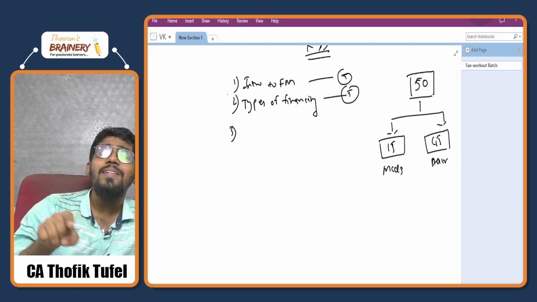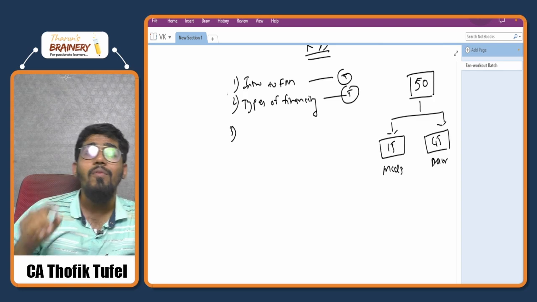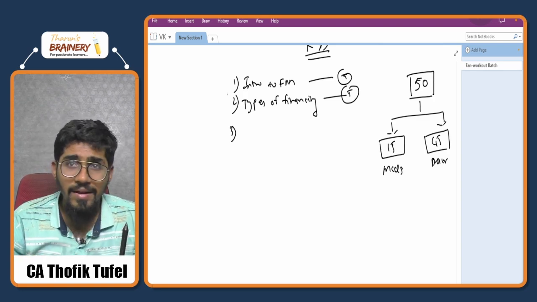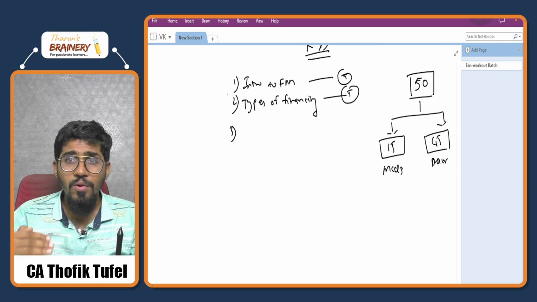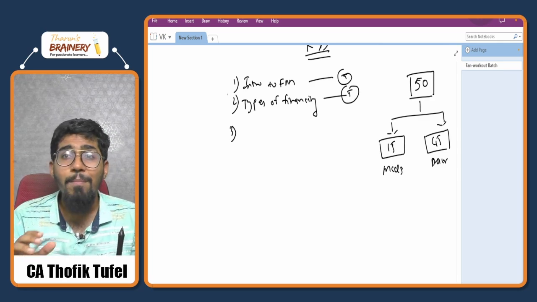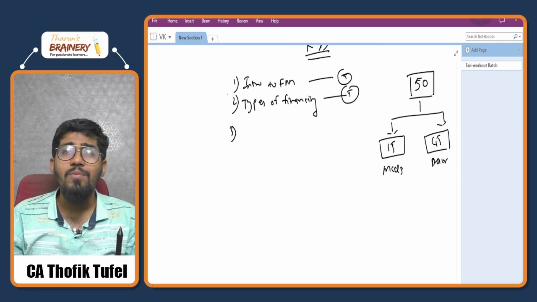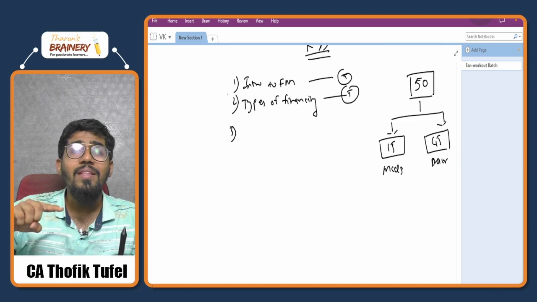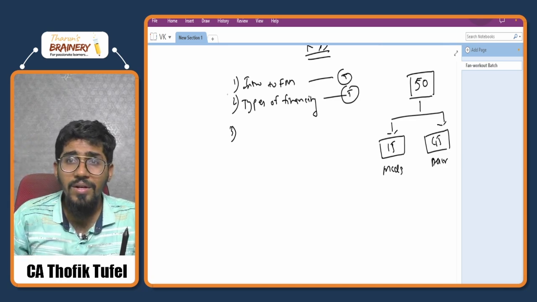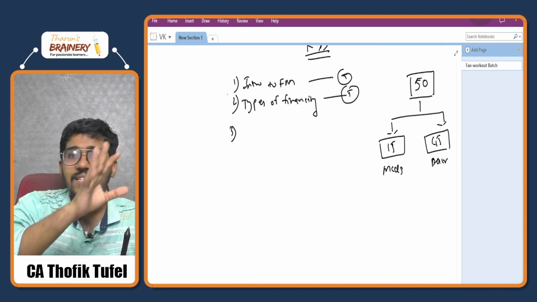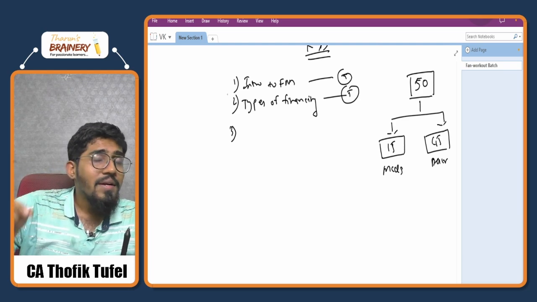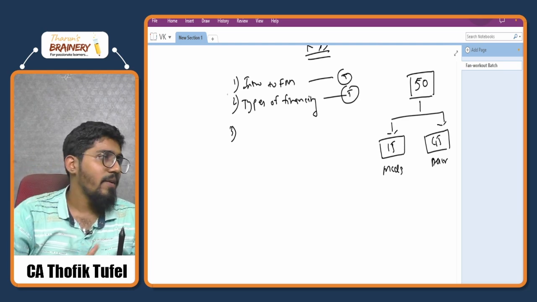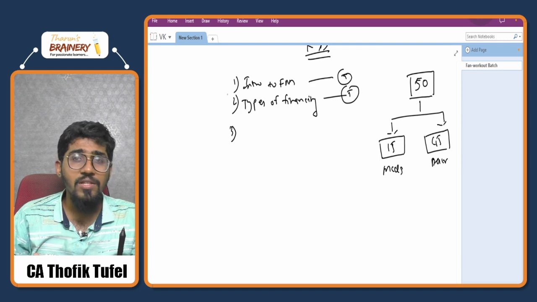So which means, sir, you're understanding that anything related to money will come under the scope of financial management. So what is management? If you go into any corporate, the question is: what is the work of the manager? They are getting paid a high salary. So the work of the manager is to take decisions. So financial management is nothing but taking decisions related to money. This is the meaning of financial management.